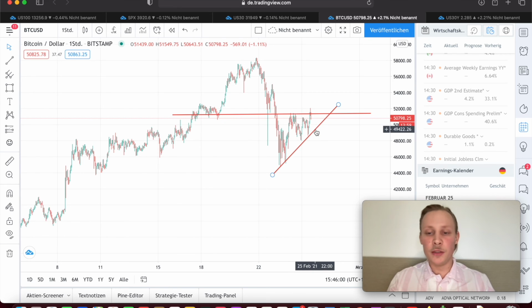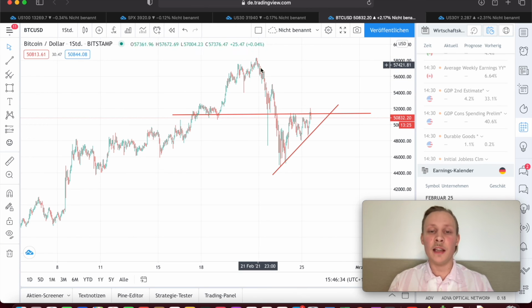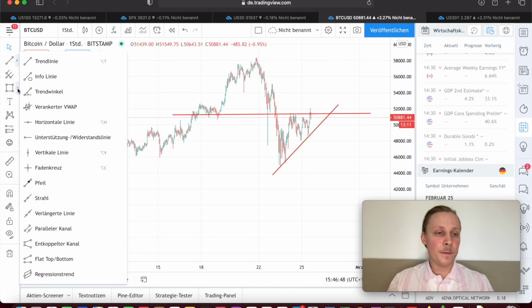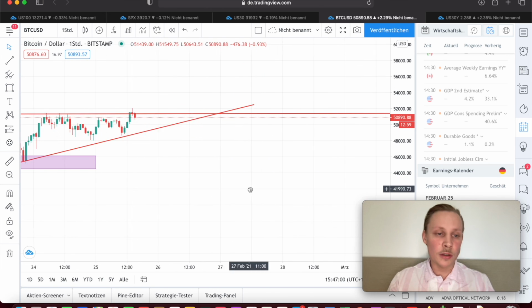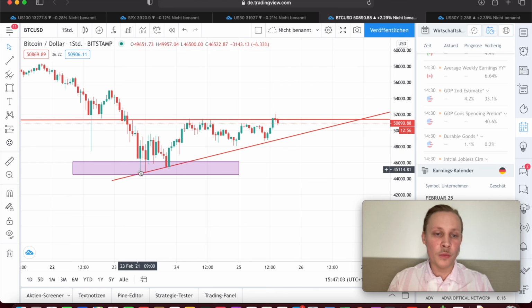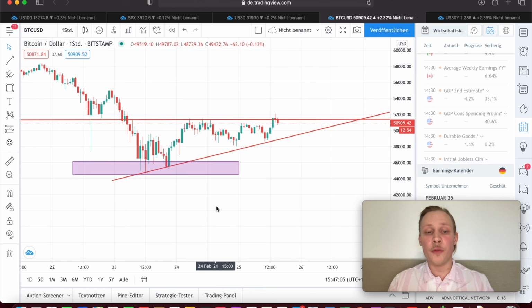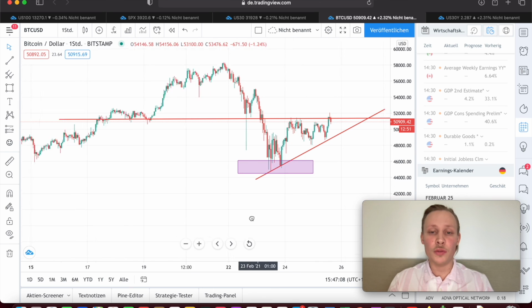It's going to be interesting to see if we break to the downside or to the upside, but this was a first good sign for the upside, but also a bad sign because we didn't get the retest. But the statistical likelihood is that we break to the downside because we are coming from a downtrend. So it's going to be interesting to see if that happens. Also, I draw it for you. You can see here we got a strong buy area. We bought it once, twice, three times. We bought it four times. So this is a strong support area.